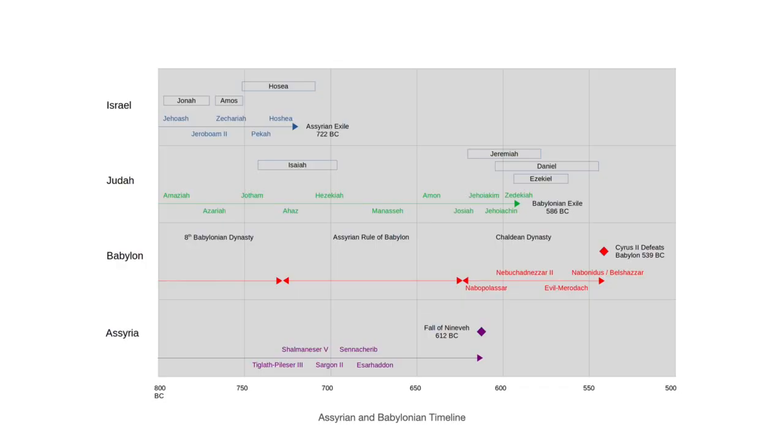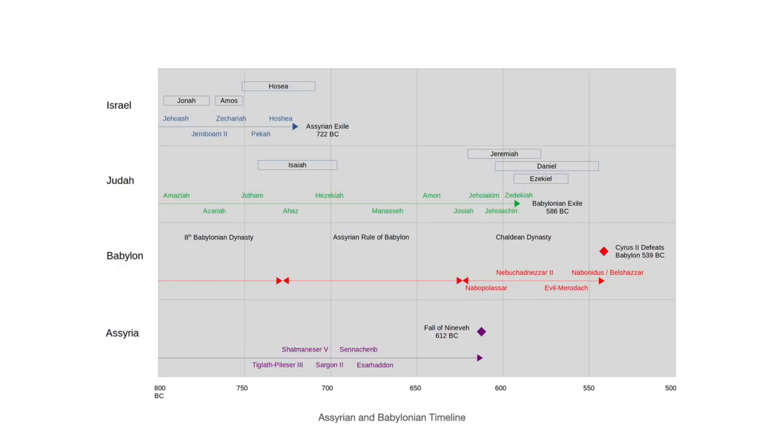We also have 2 additional timelines for Babylon and Assyria. So right now, where we are currently, Assyria is the prevailing empire of the entire region of the Mediterranean that includes the nation of Judah. Recall from last time that the Assyrian Empire assaulted the northern 10 tribes of Israel and took them into Assyrian captivity, and this occurred in 722 BC. You can see in the very top timeline.